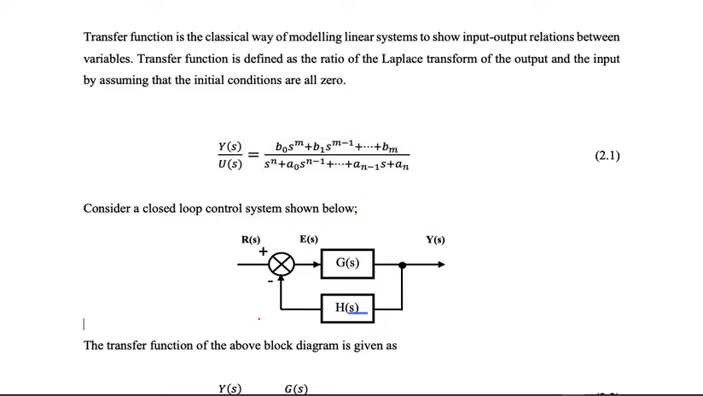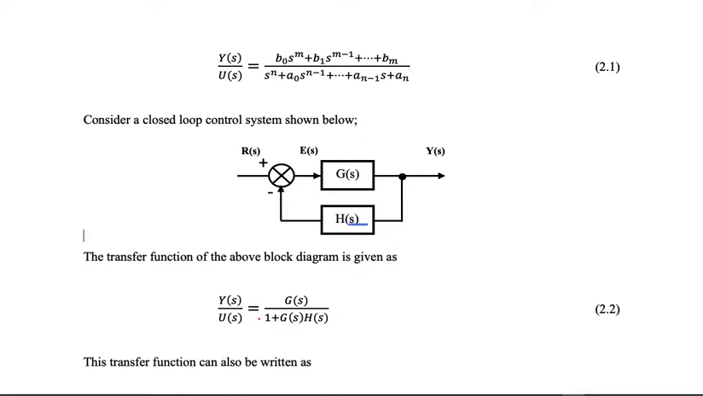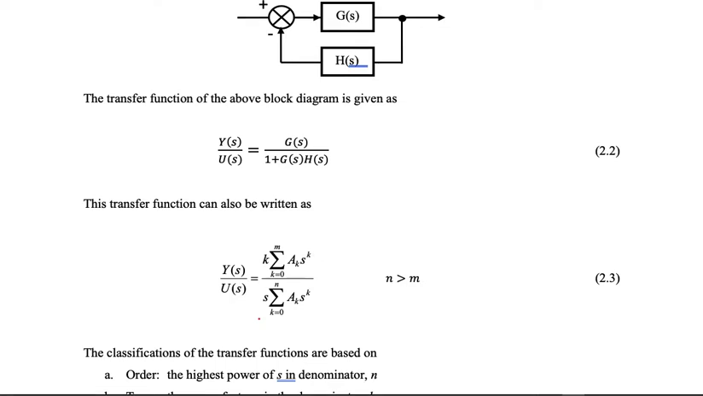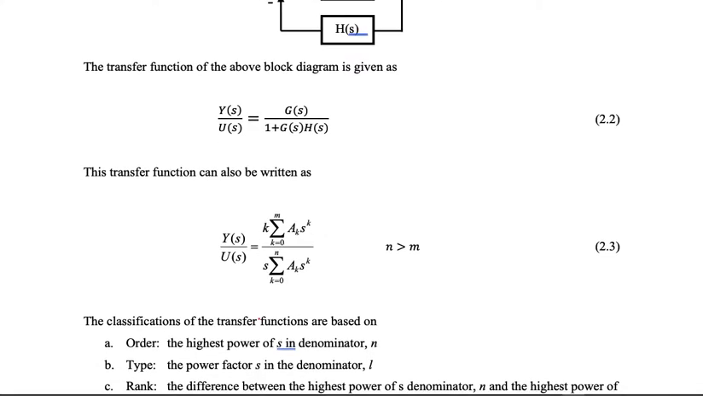And the block diagram representation, the transfer function that comes from the block diagram, is normally expressed in 2.2, and we will look in further detail at how the transfer function is obtained from a block diagram. And then equation 2.3 is a more simplified version of the transfer function, and this expression is in terms of a polynomial,